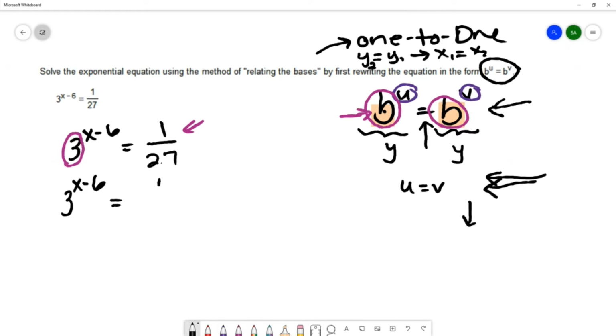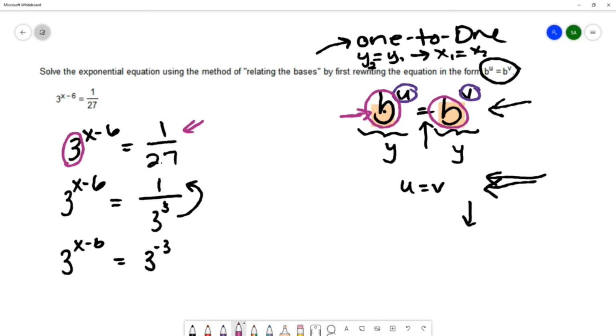So I can write this as 1 over 3 cubed. Now I don't want that in the denominator, so I'm going to move that factor to the numerator, and we can put a negative on the exponent